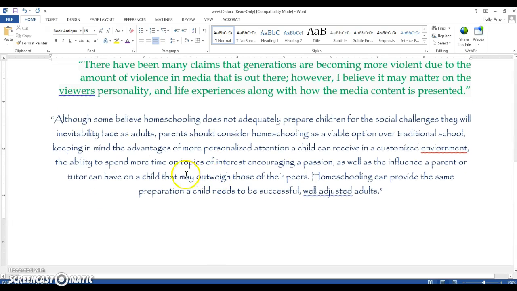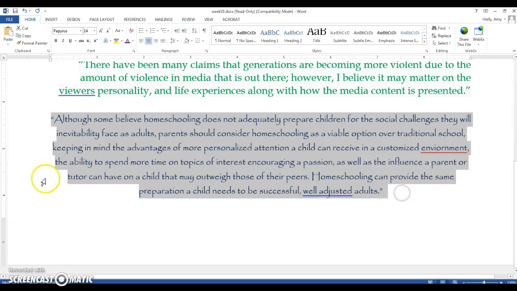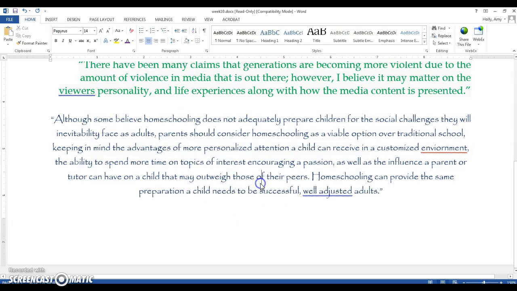And then this last example I just wanted to pull out because I think it shows an instance of a thesis that does all the things that I've been talking about thus far. It has the central claim, the subpoints, and the surprising reversal counterargument. Although some people believe that homeschooling does not adequately prepare children for the social challenges they will inevitably face as adults, parents should consider homeschooling as a viable option over traditional school, keeping in mind the advantages of more personalized attention a child can receive in a customized environment, the ability to spend more time on topics of interest, encouraging a passion,